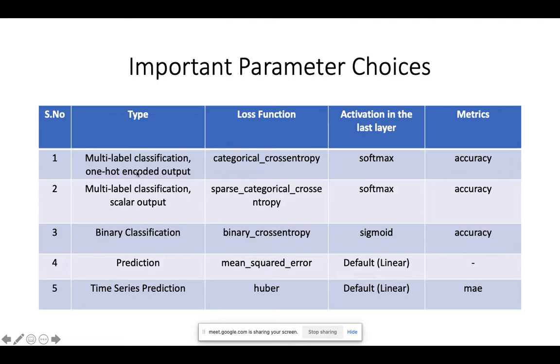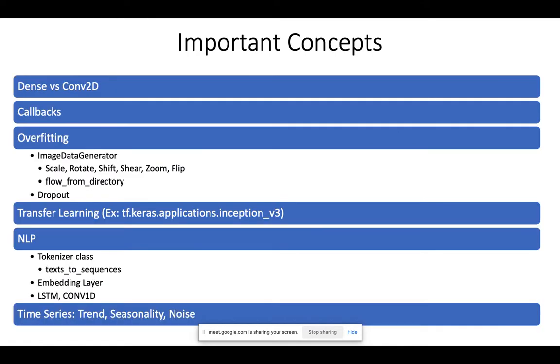So, if we are clear about what the output is: if the output is a vector, use categorical cross entropy. If the output is a scalar, you use sparse categorical cross entropy. So that's one of the important choices. And these are important concepts which you'll go through while you do this Coursera specialization, and they are also very much needed